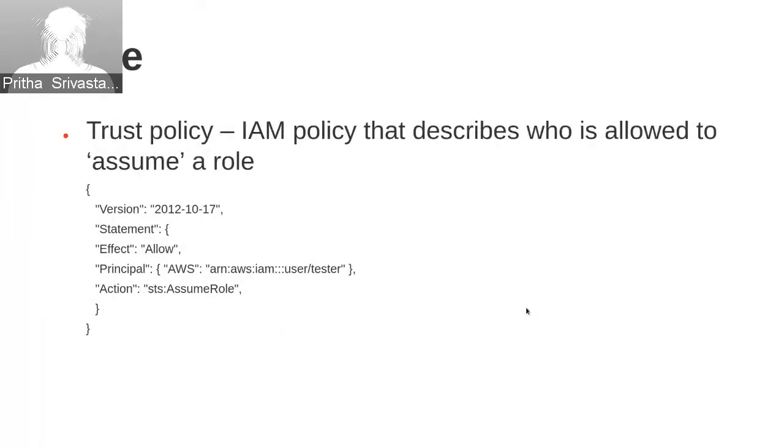So the trust policy defines who is allowed to assume a role. And in the example shown here, we can see that the principal element is set to a user called tester, and this tester will be allowed to assume the role to which this trust policy is attached. Now, in case we have multiple users who want to assume this role, then this principal element will be an array of all those users.